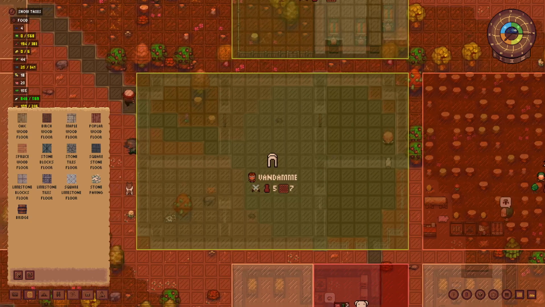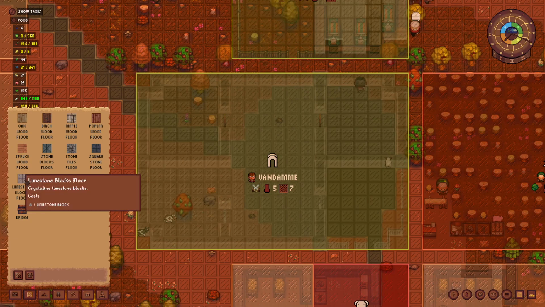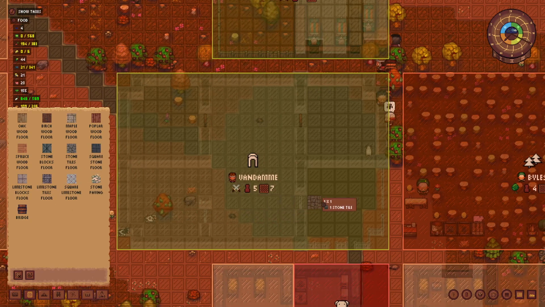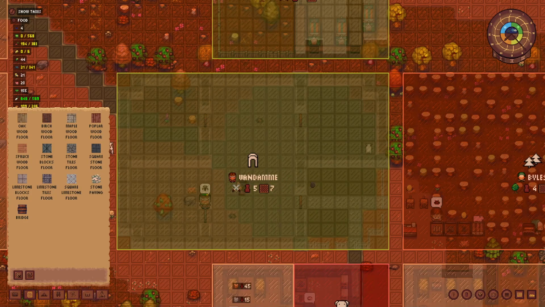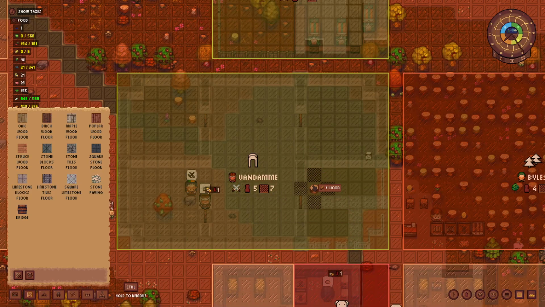Fill this in, and then we need something. Let's use spruce. Spruce for the bedrooms. Bedrooms will go right here. We can then also add a regular stone tile right here. That's the entrance. And now we can already pre-plan some of the interior. In fact, some of the interior is exactly the same as for...